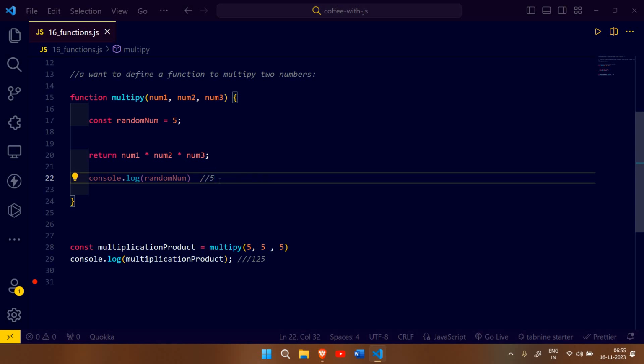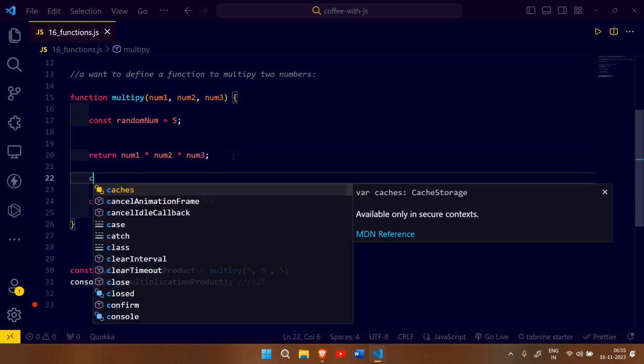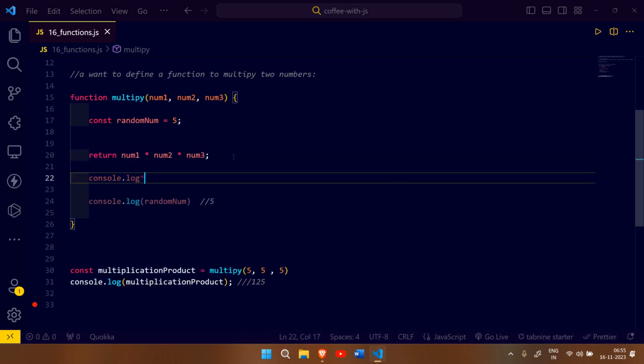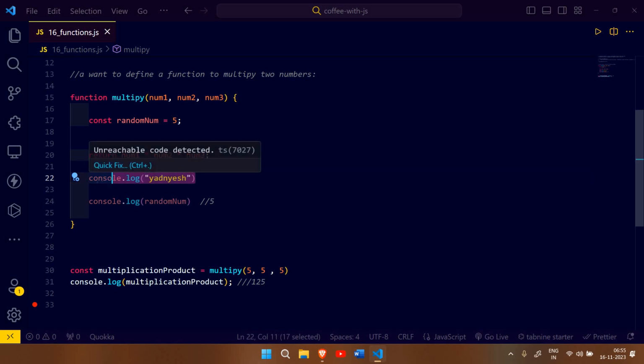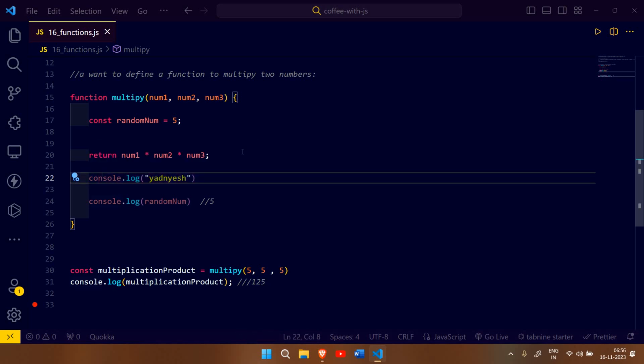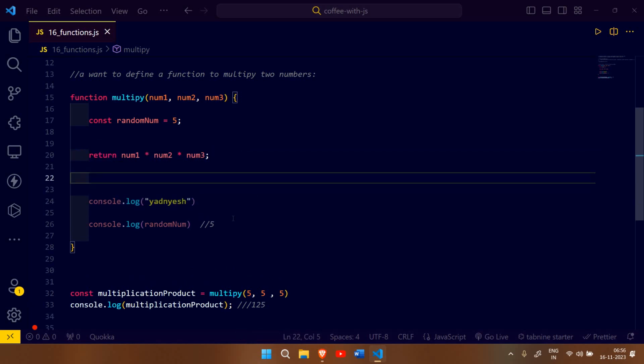So the reason why you are not able to get the value 5 printed is because, as I told you, this return acts as a full stop. So आप return के बाद जो भी टाइप करोगे, यहाँ पर मैं जस्ट कंसोल लॉग करता हूँ मेरा नेम, if I'll just console log my name also ना, ये नहीं प्रिंट होगा। क्यों नहीं प्रिंट होगा, क्योंकि ये वैलिड ही नहीं है। ये क्या करेगा, मेरा जो कंपाइलर है ना, वो इस चीज को रीड ही नहीं करेगा। वो क्या करेगा, यहीं पर फुल स्टॉप लगा देगा और इसके बाद में मैं जो भी कोड लिखूंगा ना